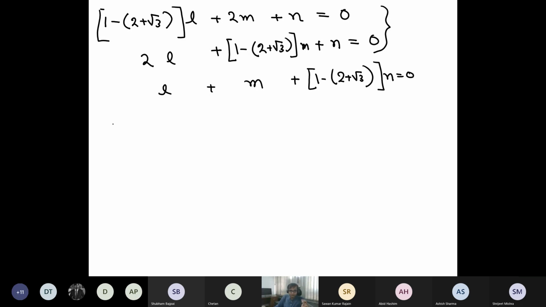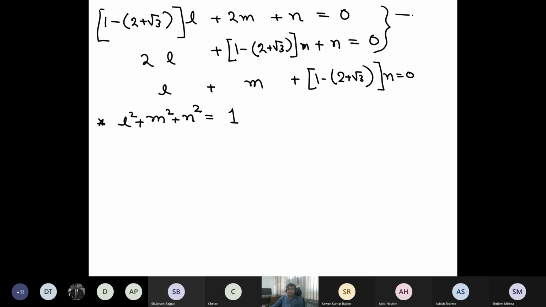OK. So now we have two equations, three unknowns. So I need the third equation. And the third equation is L square plus M square plus N square is equal to 1. And I ask you to try and solve this. I am going to assume that you have solved it, because if you have not solved it, I'm anyways going to show you an easier way of solving it. But then you will not appreciate the effort that is being saved by doing this shortcut that I'm going to do.